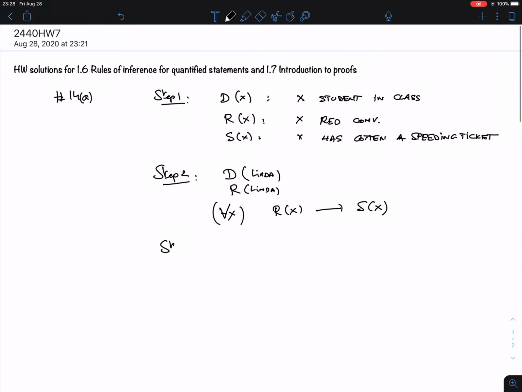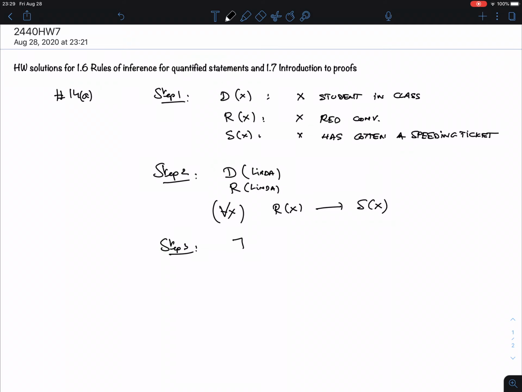And then, well, not the last step, but setup. This is actually only just a setup. I haven't done anything yet. In the last part, what is it that we want? Namely, there is someone in this class who has gotten a speeding ticket. So there is an x, D(x), and